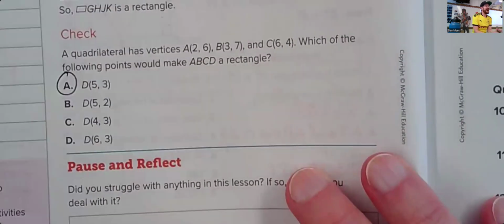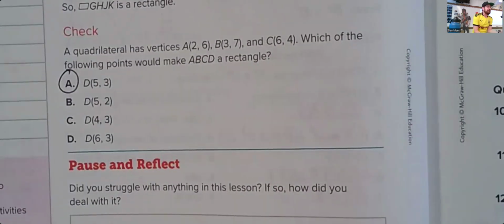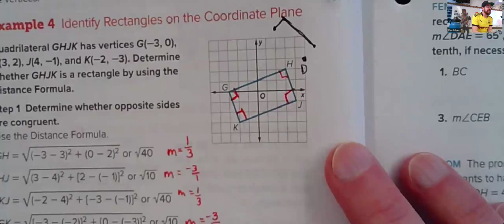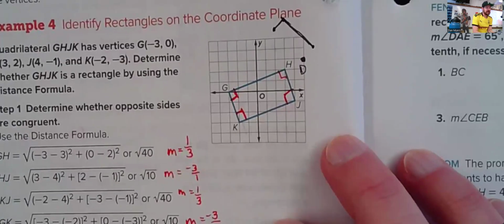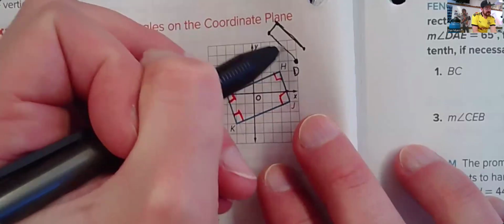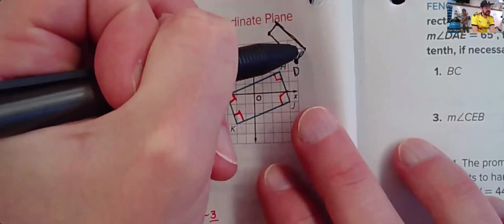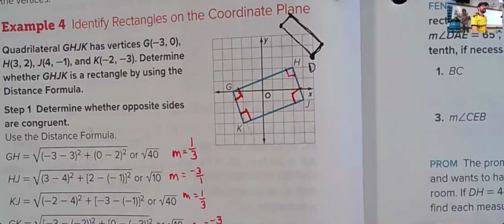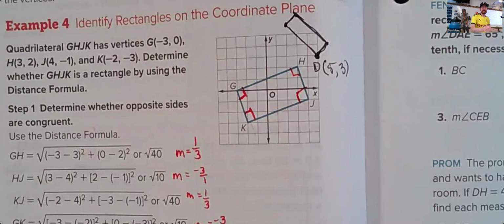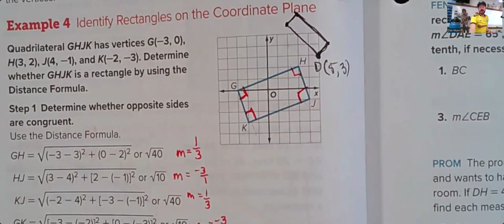Now, we could have done a bunch of math to figure that out, but take the path of least resistance most of the time, right? We don't need to intentionally make math more complicated than it needs to be. Sometimes we do just for the fun of it, but we don't necessarily have to. All right, 5, 3. All right. So that's it for the notes for 7, 4. Like I said,